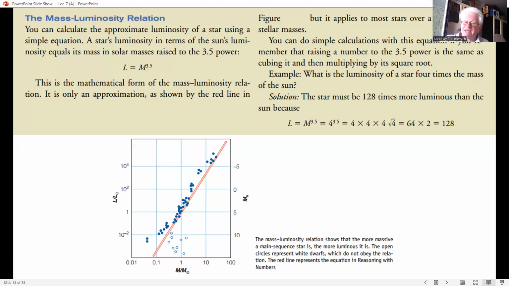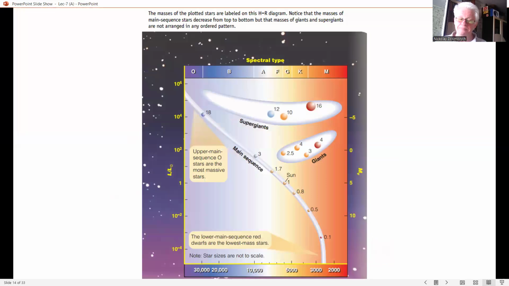A star's average density is intermediate between its central and surface density. The sun's average density is approximately 1 gram per cubic centimeter. It's about the density of water. Main sequence stars have average densities similar to that of the sun, but giant stars, being large, have low average density,